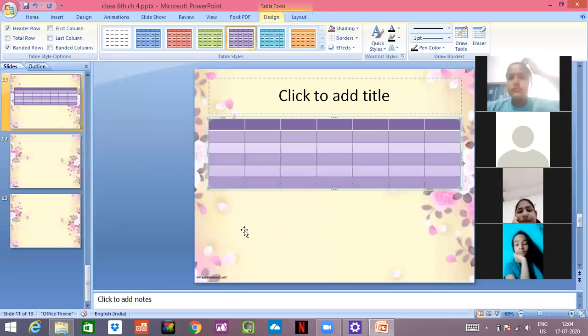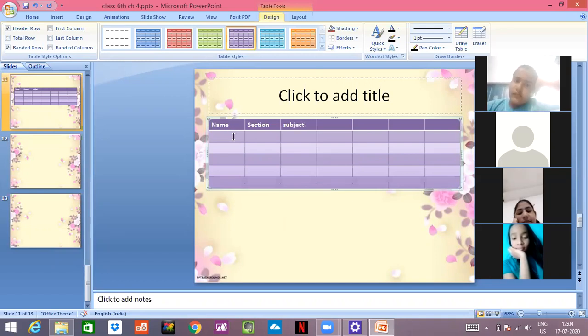Now your next topic is how to enter the data in the table. See, I'll write here name. I'll write here section. I want to take my mouse pointer to the tab, click here and just write section, class, subject.